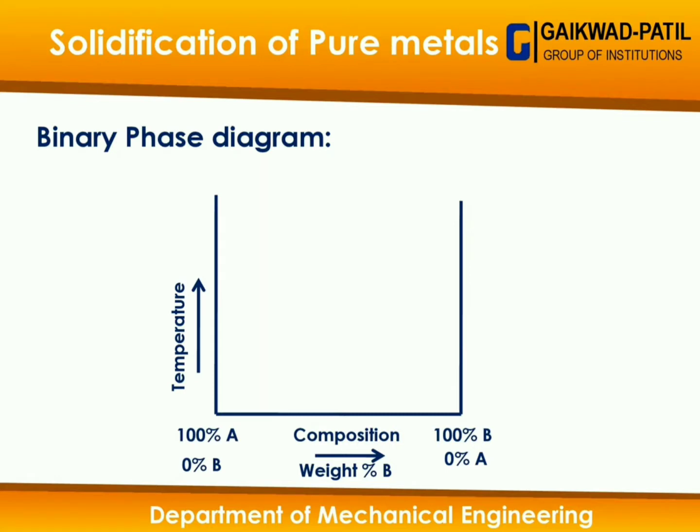First of all, we are going to see what the basic structure of a phase diagram is, in which two y-axes are generally used, because that type of diagram is called a binary phase diagram. That's why two y-axes are used for giving the temperature, and one x-axis for the weight composition of metal A or metal B.